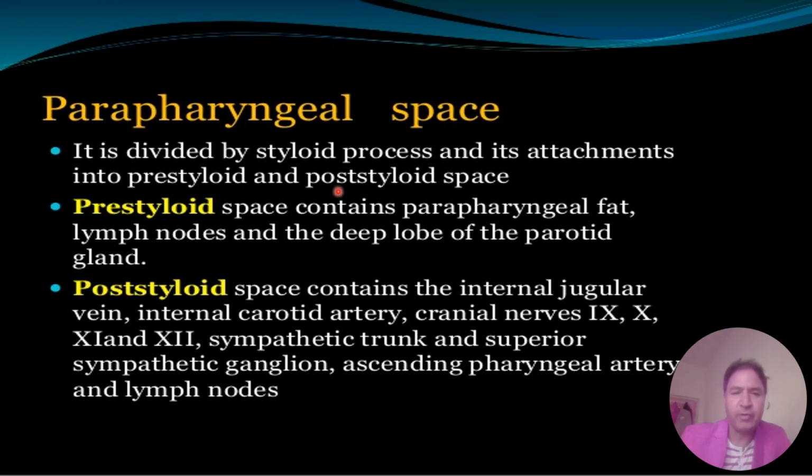The parapharyngeal space is divided by the styloid process and its attachments into the prestyloid and post-styloid spaces. The prestyloid space contains parapharyngeal fat, lymph nodes, and the deep lobe of the parotid gland. The post-styloid space contains the internal jugular vein, internal carotid artery,